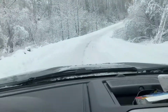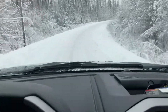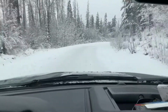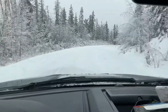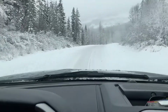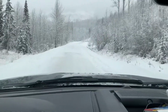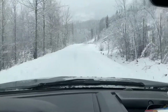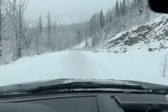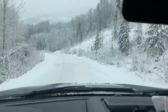Whenever you're running on these kinds of roads with a big truck, there's usually only a little strip of gravel. You'll always want to keep one tire on that. And there it goes clean, so you gotta watch that. I'm surprised they plowed this road this far. You usually get up here a ways and then they just turn around. There's a gravel pit, and that's sometimes as far as they go, but they've got other Forest Service roads up here that